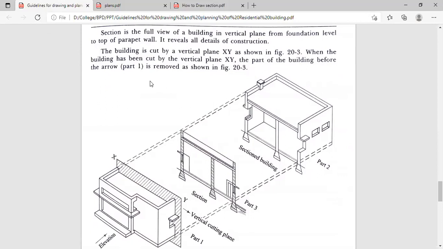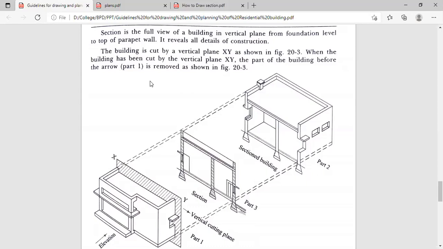It shows what kind of material we are going to use for a particular element, as well as its dimensions, including thicknesses of walls, the size we are going to provide to the footing or foundation bed, and the slab thickness.